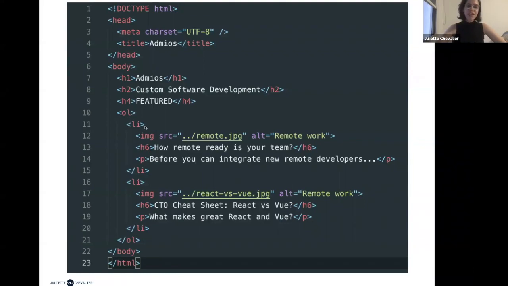Now, for each item, like we saw on the Admios page, you will have first an image, then the title of the blog, and then some content about what that blog will be about. So interestingly enough, the image tag is the only tag that doesn't have an initial and a closing tag.